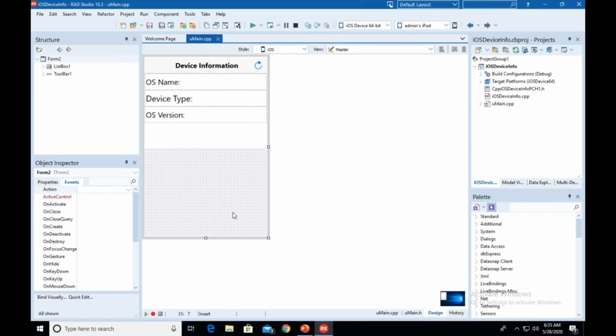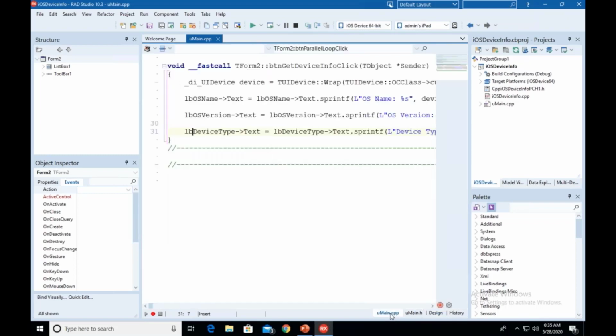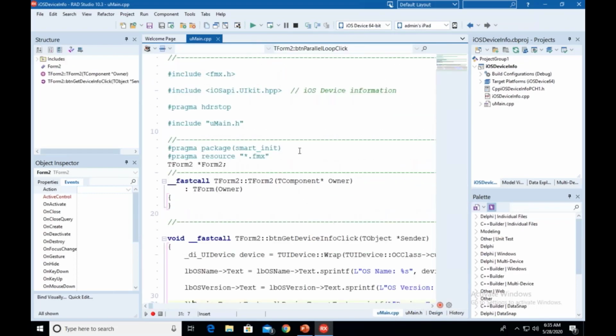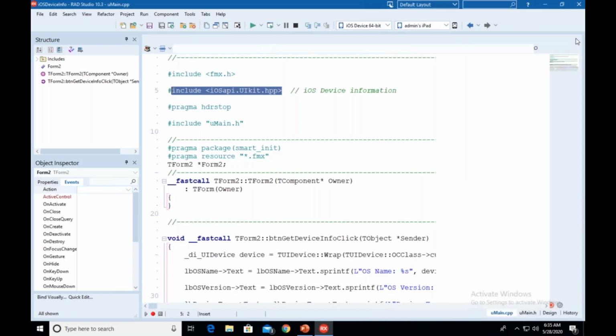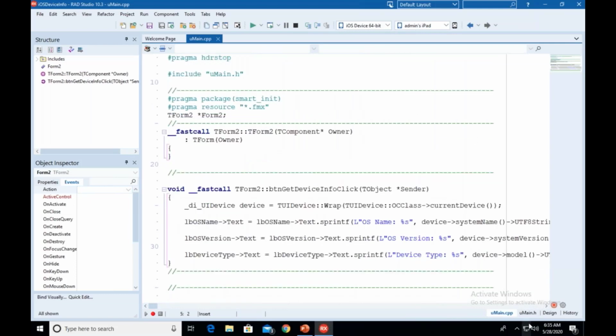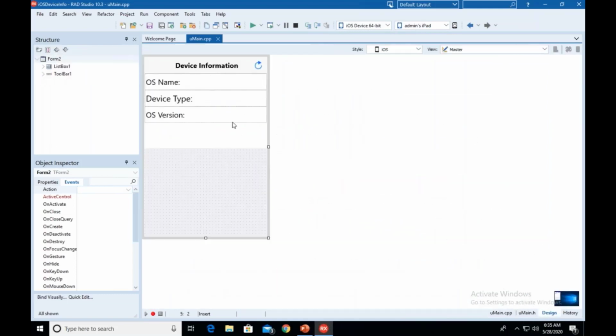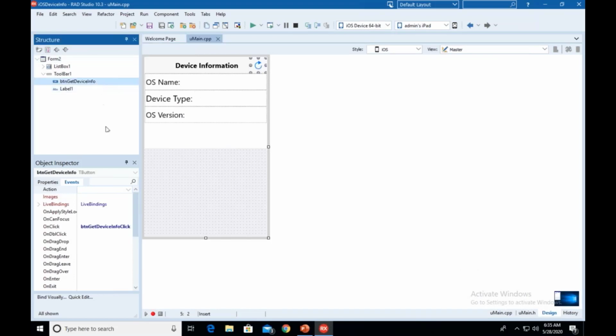Here we have a C++ Builder multi-device application that's using the platform APIs from this header file called iosapi.uikit. This is a header file we need to use to be able to pull off iOS device information. By including this header file in our application, now when the user clicks on this button, which I call the button Get Device Info,